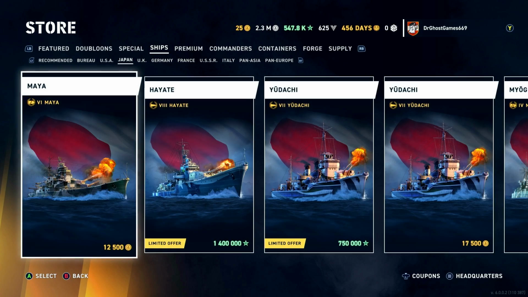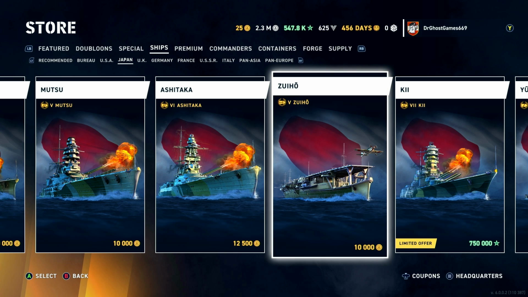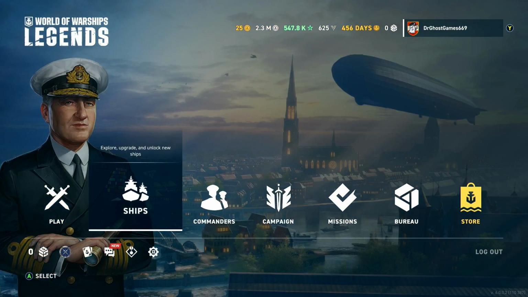I just remembered. There is this one too, the Zuiho. The Zuiho is actually pretty good. If you like Japanese aircraft carriers and you like the Ryujo, you will like the Zuiho, because the Zuiho is basically a slightly better Ryujo, okay? And I'm probably going to pick this up one day, but until then, it's just going to be sitting here. But yeah, Zuiho. So there's a couple in the store, but other than that, most of your carrier stuff is going to be in